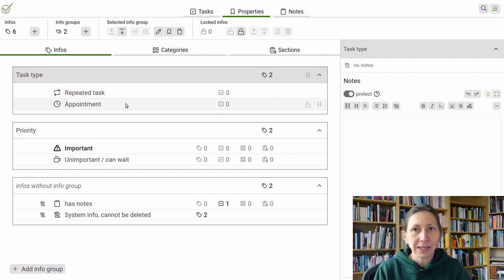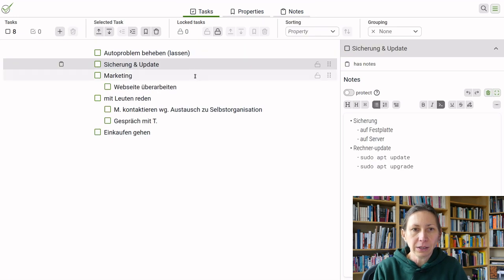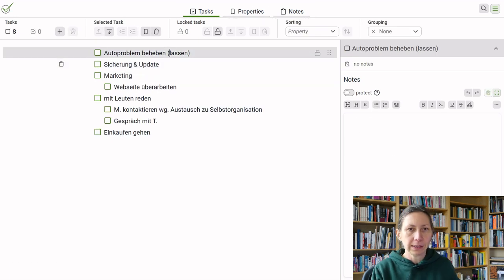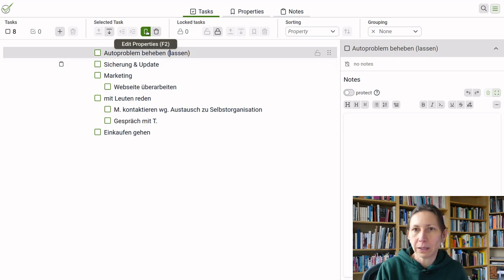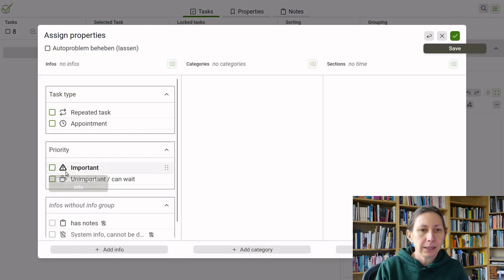You may have appointments. This is also a matter of style. I like to put my appointments also in my to-do list in addition to my calendar. You may not want to do that. That's up to you. And maybe you have certain priorities for things that you want to add on your tasks. So when you go back here, and maybe something came up that is really important for me, you can hit this button or press the F2 key if you have one. And then I can put this important priority here.